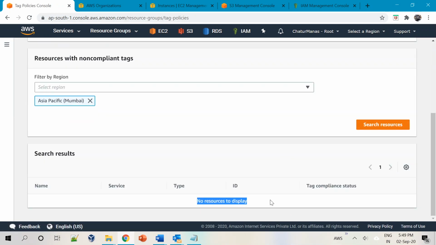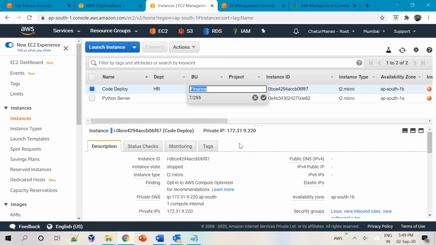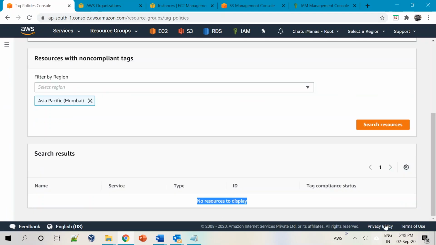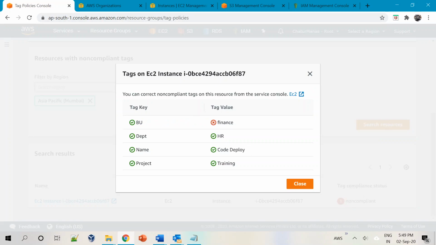Yes, no resources to display, right? And if I go back and change this one to, let's try small finance. Yeah, non-compliant. Finance is also not accepted because the F is small.